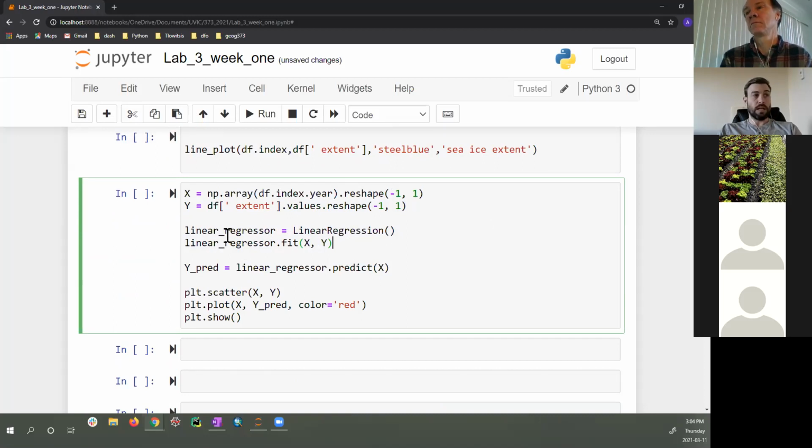So we are going to name a new variable. This variable we are going to name linear_regressor. And we're going to put an equals to,